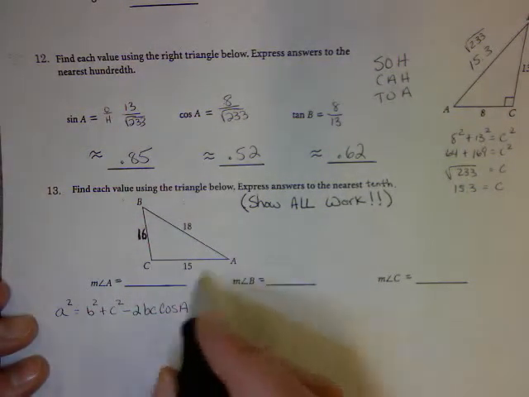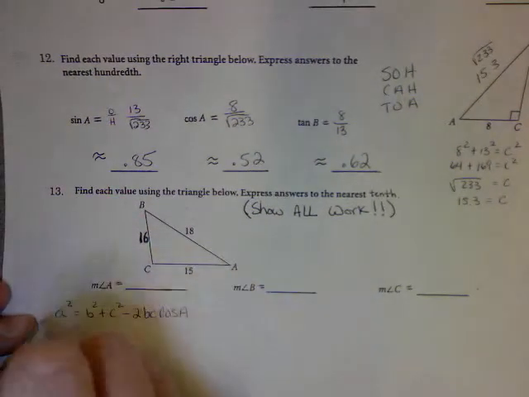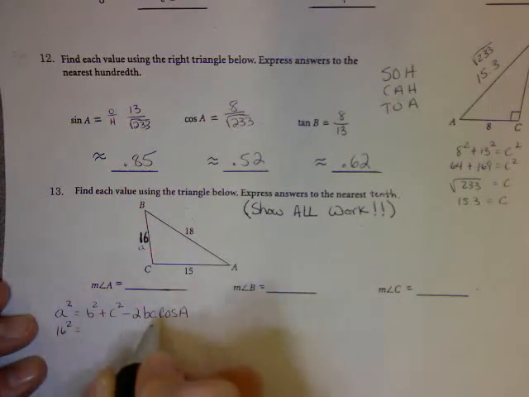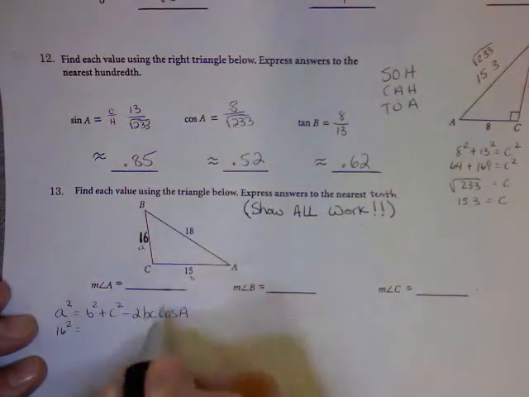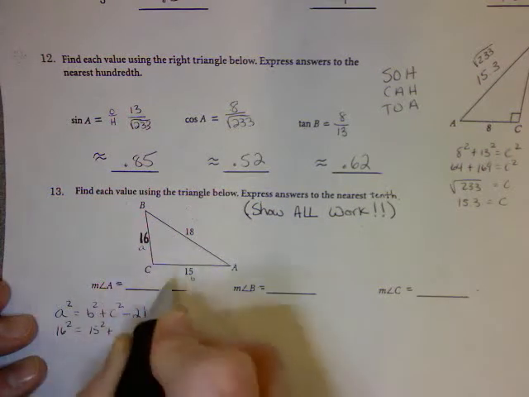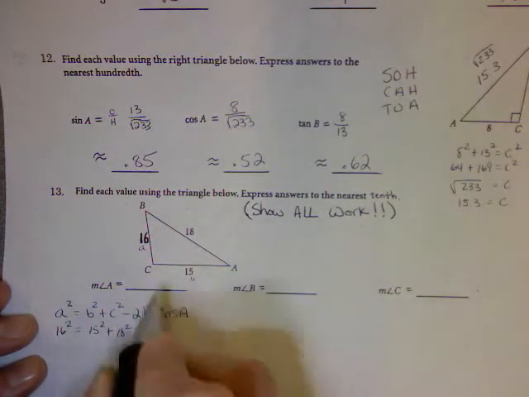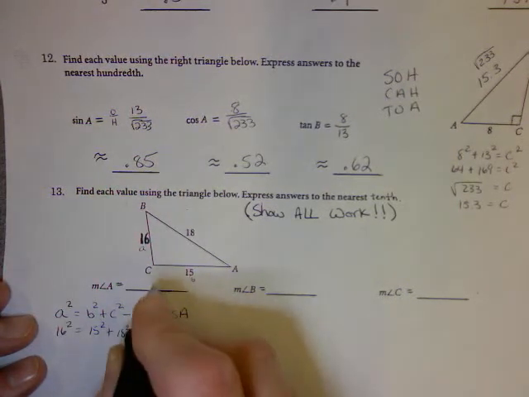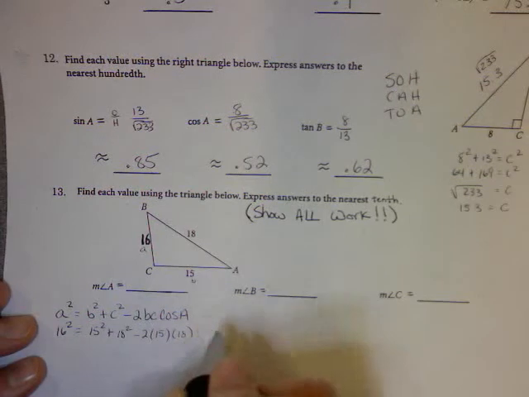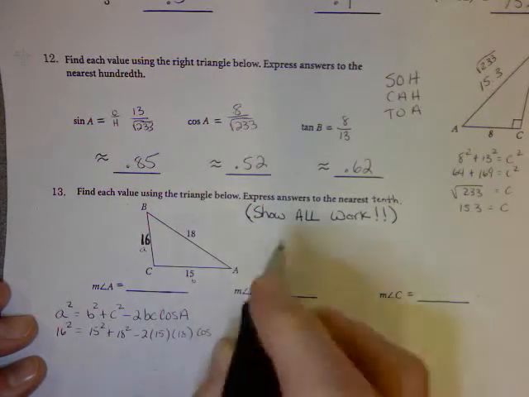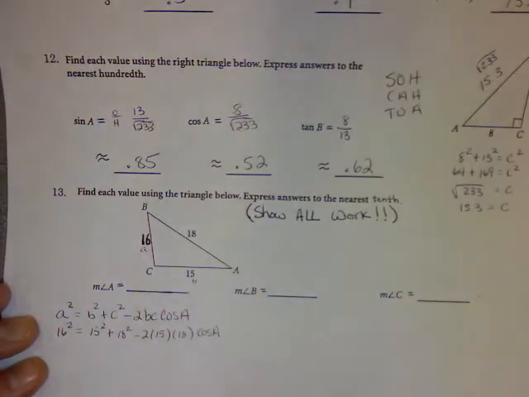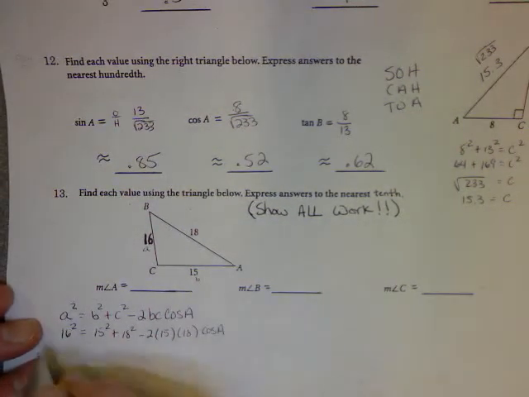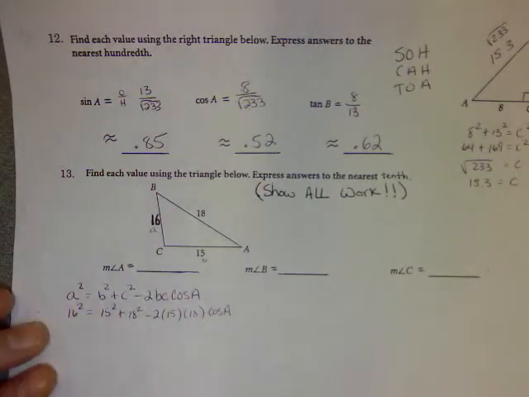So little a is across from big A, so we substitute. 16 squared is equal to b squared, which is across from big B, which is 15, plus c squared, which is 18 squared, minus 2 times b, which is 15, times c, which is 18, times the cosine of angle A. So we need to isolate cosine of angle A. So let's solve this equation here. 16 squared